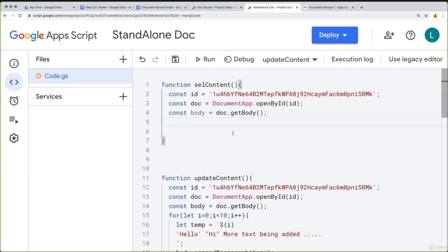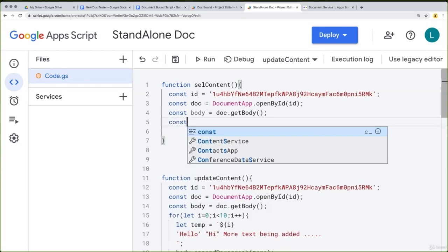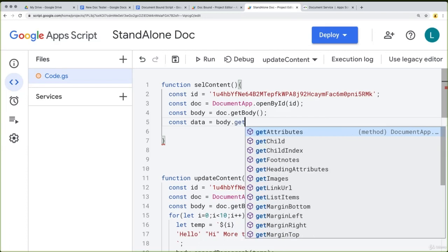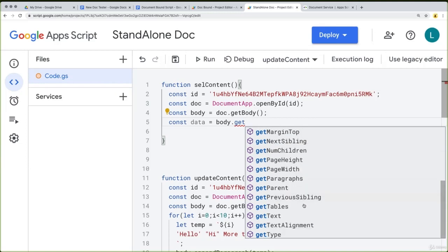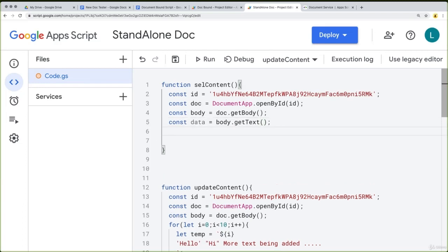Now we've got all of the body contents, and I'll just create a variable called data, and then within the data we've got body, and we're going to use the function. We've got a number of functions that are available within the body, so we can get the paragraphs, we can get the text. So let's first try selecting the text into the data object,